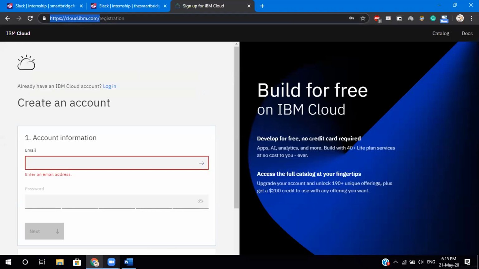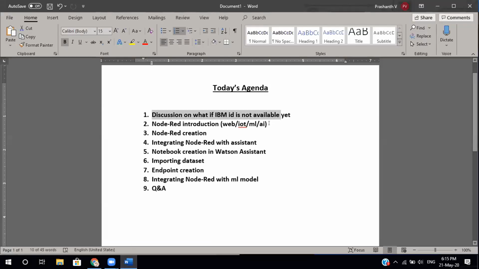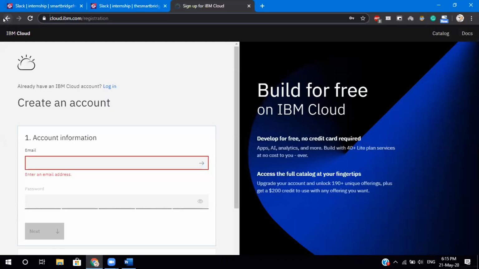All right. So let us go ahead with the Node-RED introduction and what it is. Let me log into my account first.